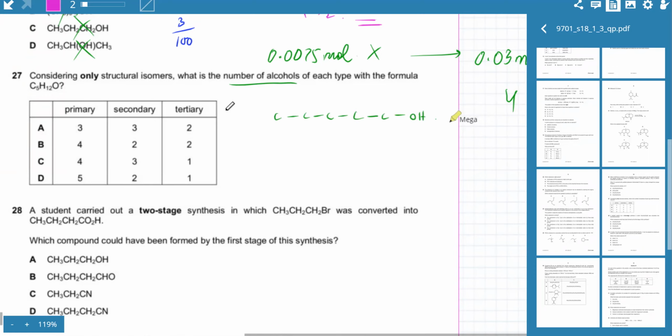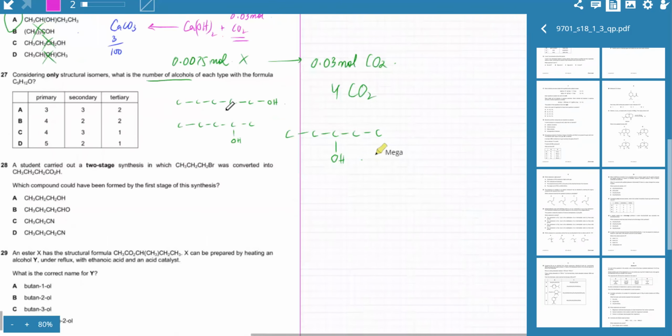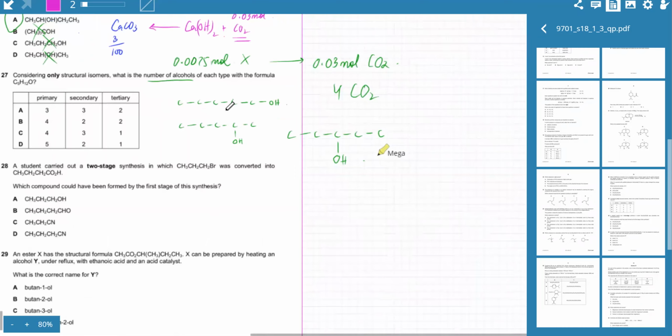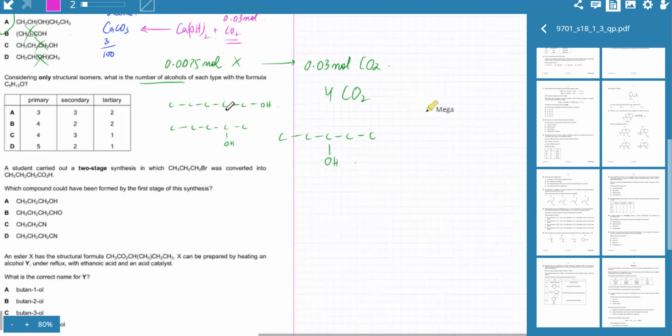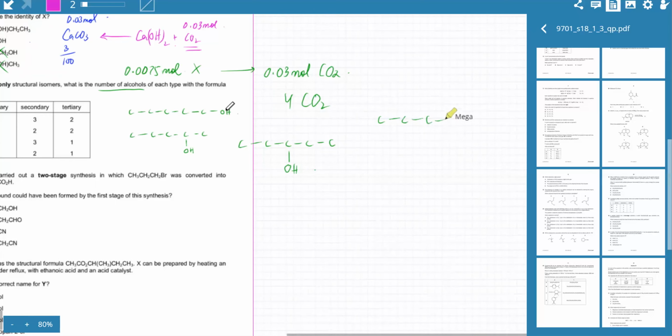So that's one. OH is on the last one. OH on the second one. That's another one. So what else? OH on the middle one. So we're done with positional isomers, right? I mean, these are the only 3 possible positional isomers I could make. Now I'm going to focus on the chain. So the chain isomers would be, I can have 4 carbon atoms in a row, and one carbon atom could be a branched carbon. Now the branching, that's the only possible arrangement in this. Four in a line, one branched.